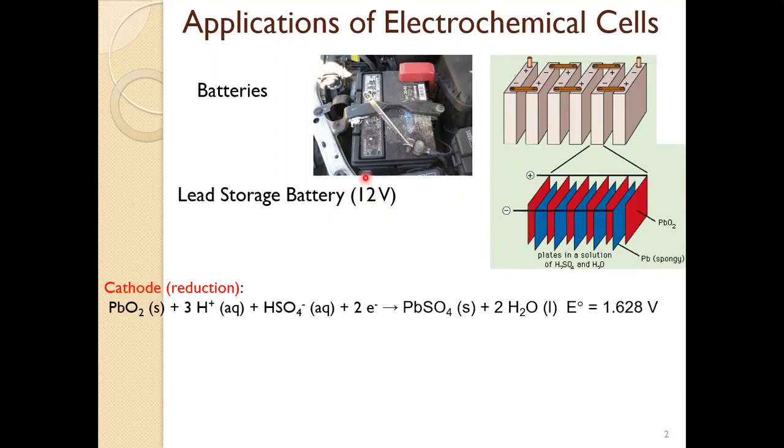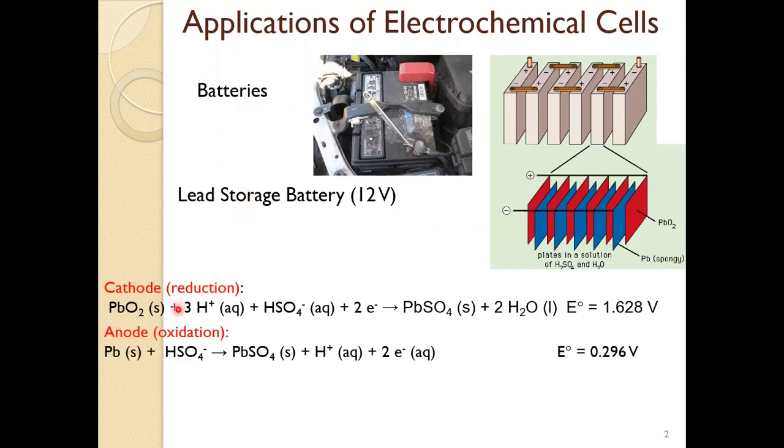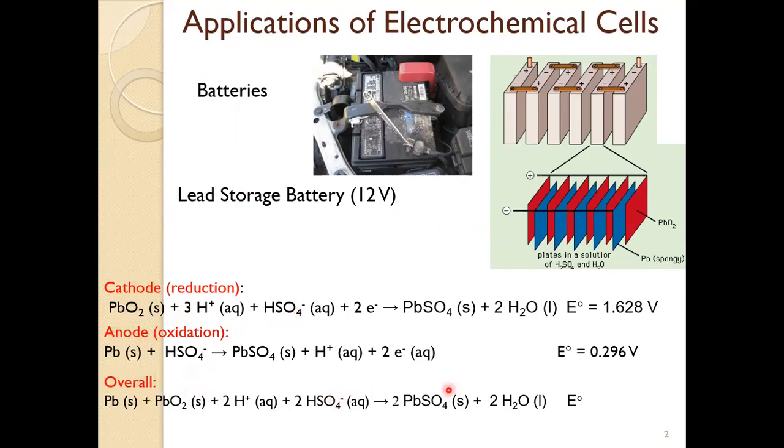So in any sort of electrochemical cell, we have, of course, a redox reaction occurring, a cathode and an anode. Cathode's always where the reduction takes place. The anode's always where the oxidation takes place. So in the lead storage battery, both a form of lead is being reduced as well as a form of lead is being oxidized, so that our overall reaction looks like this